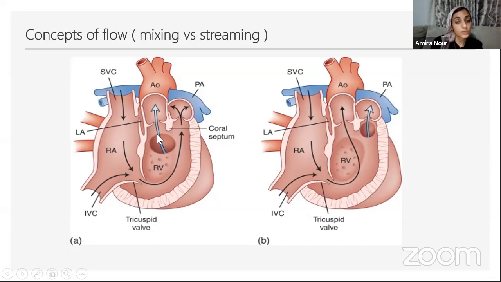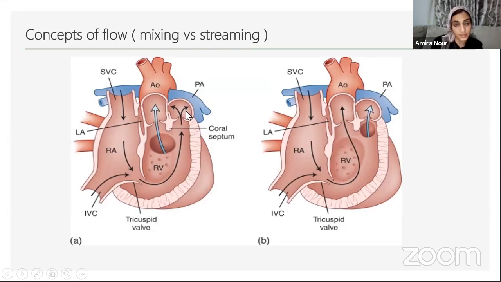According to the concept of streaming, the blood will be pushed directly into the aorta with minimal intracardiac mixing, as if 90% of the saturated blood goes to the aorta and only 10% of the blood may mix. And this makes most of the aortic saturation, or systemic arterial saturation, close to 90% in patients